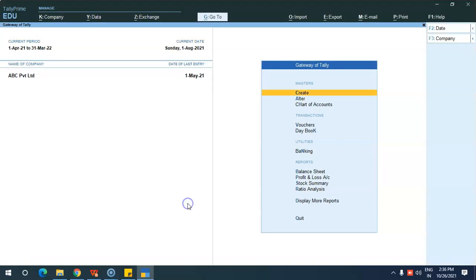So data security is very important if you are running a concern and maintaining your accounts in your books. Okay, so data security, there are two types of password. One is Tally Vault password, which is a general password. You can create it and it will be used commonly for all the persons, whoever is accessing your Tally in your company. That is the Tally Vault password. So I will tell you how to do the Tally Vault password.